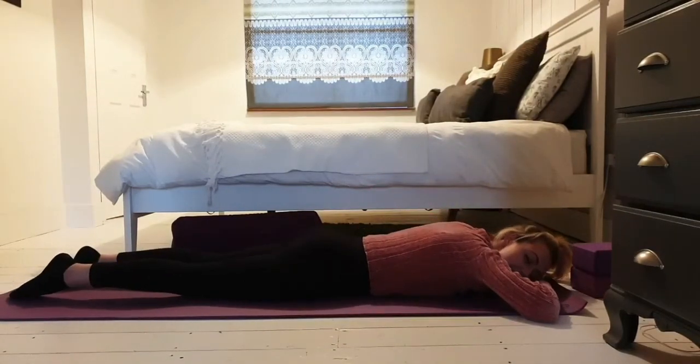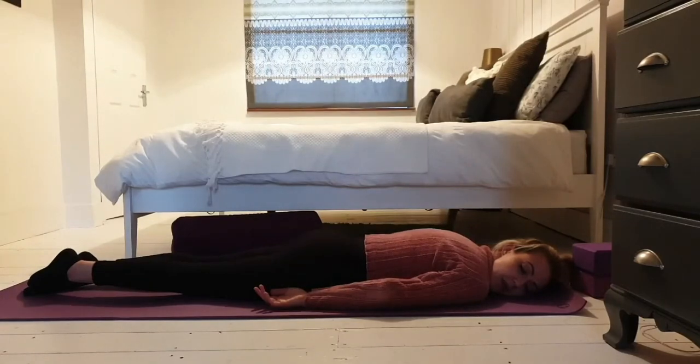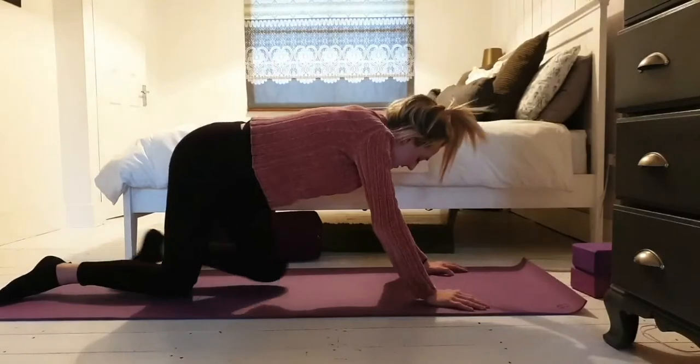And again, maybe you stack the hands and take the forehead onto the hands, or you can have the hands down by the sides, releasing the shoulders down to the mat. Just taking a few moments here to release the stretch. And slowly taking the hands underneath the shoulders, pressing your way back up into a seated position